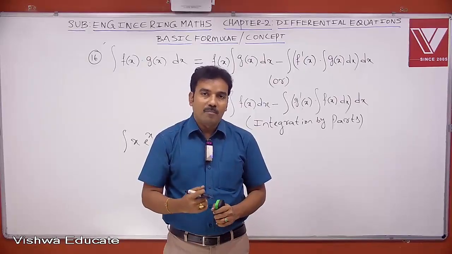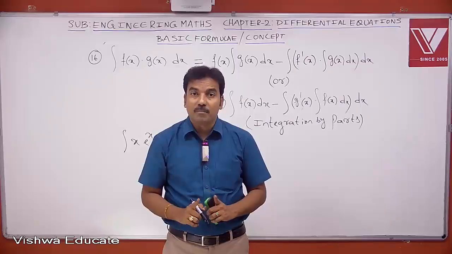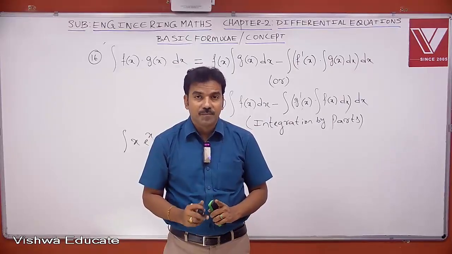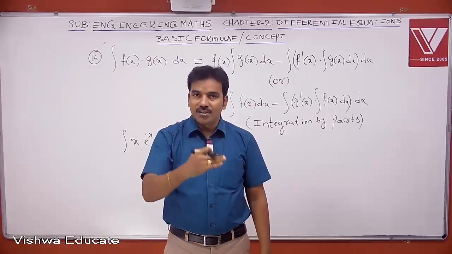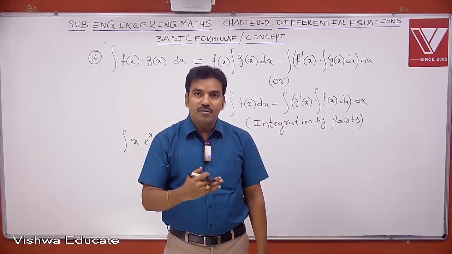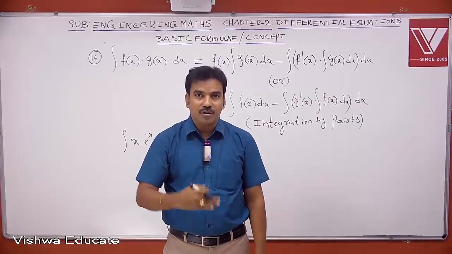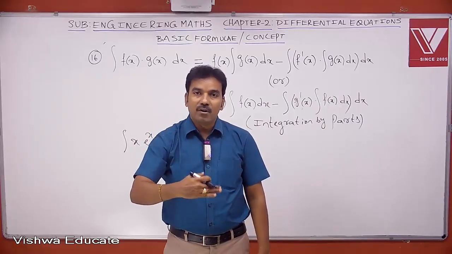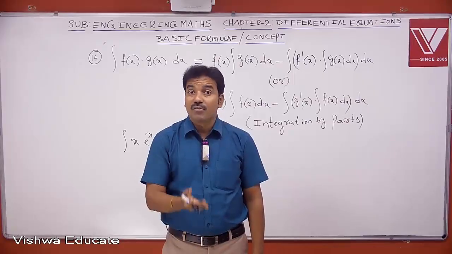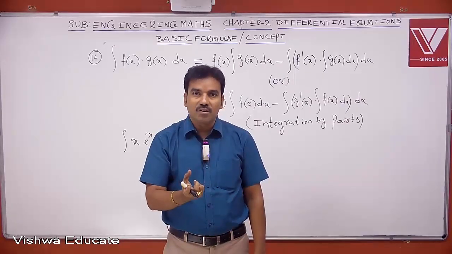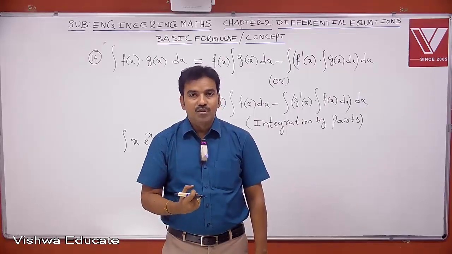So therefore when you are applying integration by parts, if either f of x or g of x is a positive integral power of x, better to take that function outside the integral. Then the result will be so simple. That means when you differentiate x power k, the result is k into x power k minus 1. Power is reducing by 1. Whereas when you integrate x power k, the powers will be rising. So what is our task is, gradually we need to decrease the powers of x, so that my job will